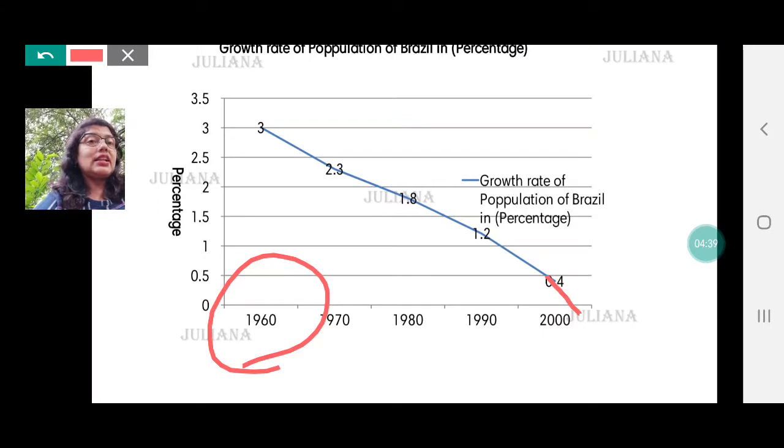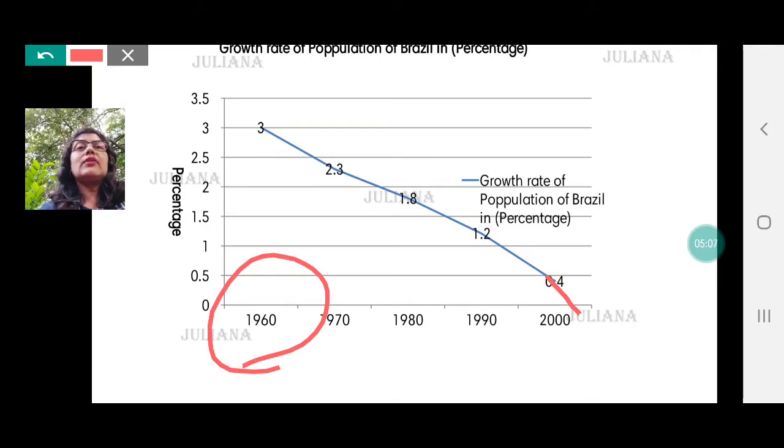Okay, because the death rate is going higher than the birth rate. This is in case it happens, but mostly it doesn't really happen. The birth rate decreases. At the same time, the death rate also increases or decreases, depends. Due to different situations, at present the death rate is quite high. So all these will definitely impact the growth rate not only of Brazil but of any country. I hope I'm clear about this.